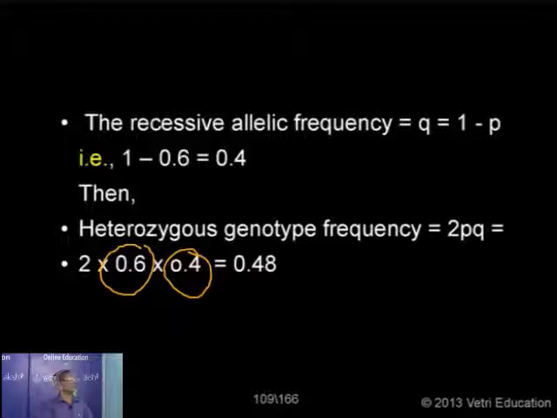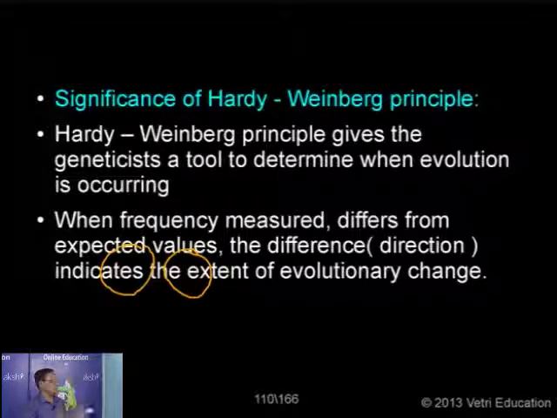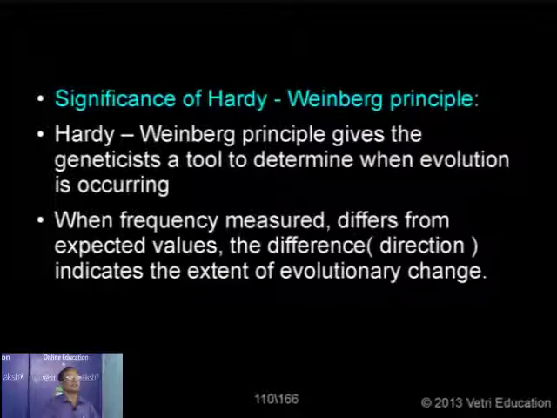Okay, so these are some of the problems, 3 models, I worked it out for 3 different things. But actually we are clarifying everything for the genetic equilibrium and also the Hardy-Weinberg principle. Now what is the importance of this? What is the advantage? Actually it is acting as a tool. This principle is acting as a tool to the geneticist when evolution is occurring. So if you want to calculate when evolution is occurring, you have to go through the Hardy-Weinberg principle. For example, when frequency is measured, we are calculating the frequency.